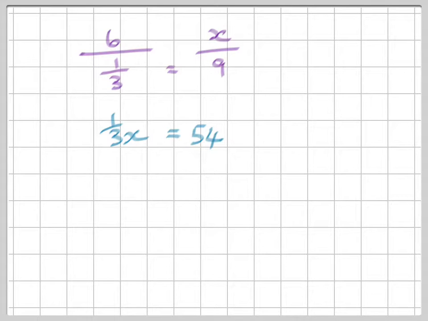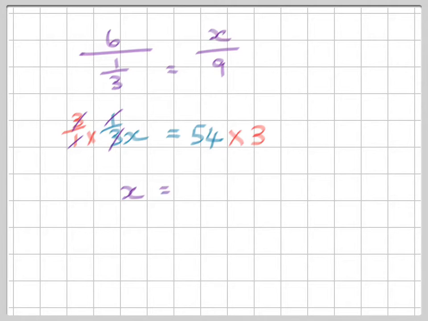Okay, right, now we've got 1/3 x is equal to 54, and we need to get rid of this little fraction here. So we're going to do an inverse. So we're going to multiply by 3 over 1, and we're going to multiply by 3 over here. Okay, so on the next line now we can see this has cancelled out. We are left with x,